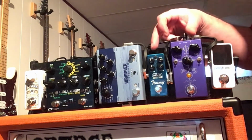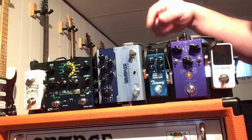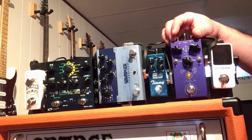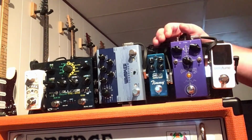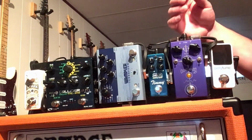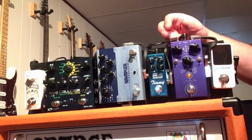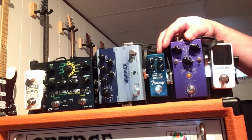I initially had these two pedals switched in order, and thanks to a suggestion from Daniel from the Gig Rig that I saw in one of their live streams, I tried putting your fuzz before your overdrive in order to have the overdrive kind of smooth out the sound of the fuzz if it gets a little harsh or jagged. For years and years and years, I always used to put my overdrive pedals and my gain stages in sequence of least gain to most gain. So this is a little bit reversed for me, and I have to say that the sound results are quite